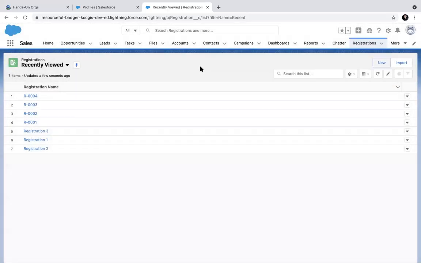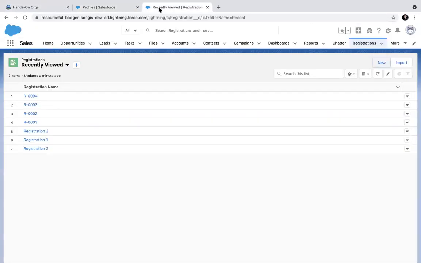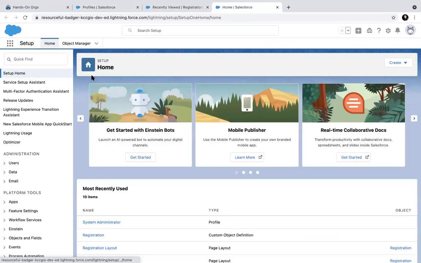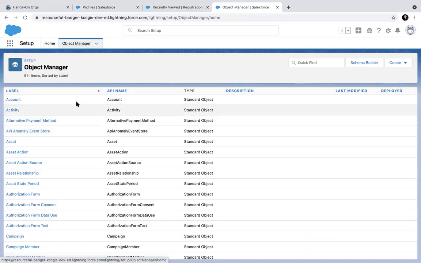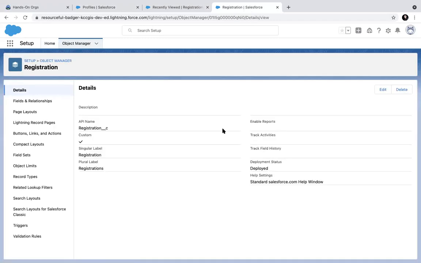So there can be two steps. Either you can have different layouts for different people, different logins based on their profiles, or you can also complicate matters. Then what happens? You have two level of distinction. First, who is logging in, and second level is what kind of record is getting created. Both of them will make sure which layout is selected. So if the type of data needs different screens, then record types comes in picture.